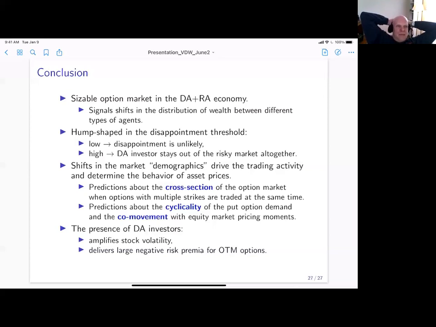From Bing Han: your model implies that the put option premium depends crucially on alpha. Is there empirical evidence about this? For example, think of alpha as the equity exposure of hedge funds. That's a very good question, Bing, and we'll need to talk more about that. We actually wanted to talk to you more about that.